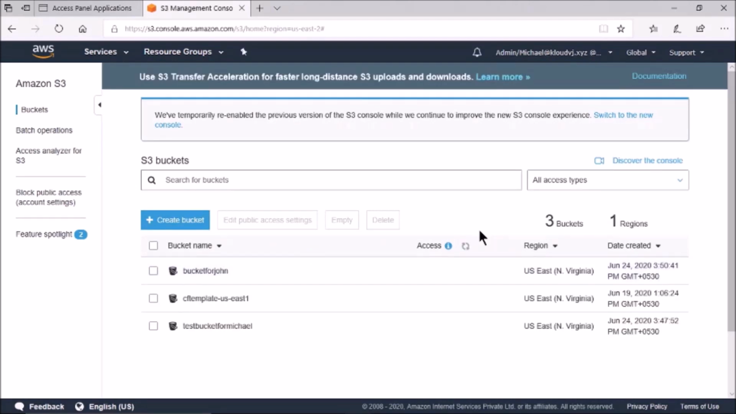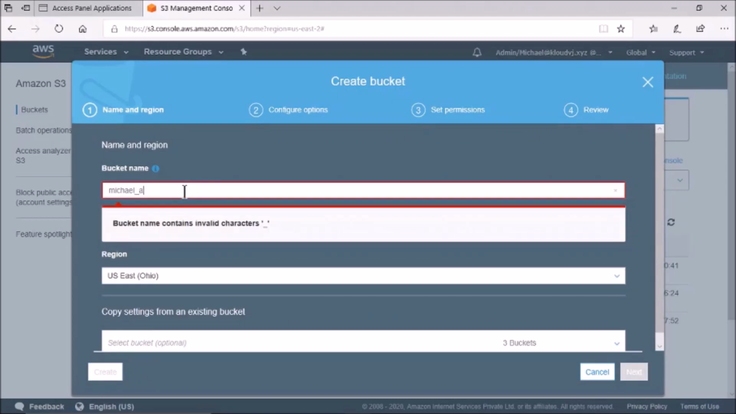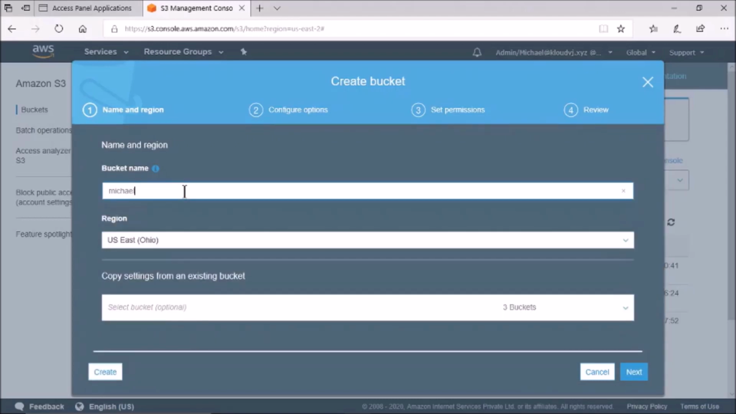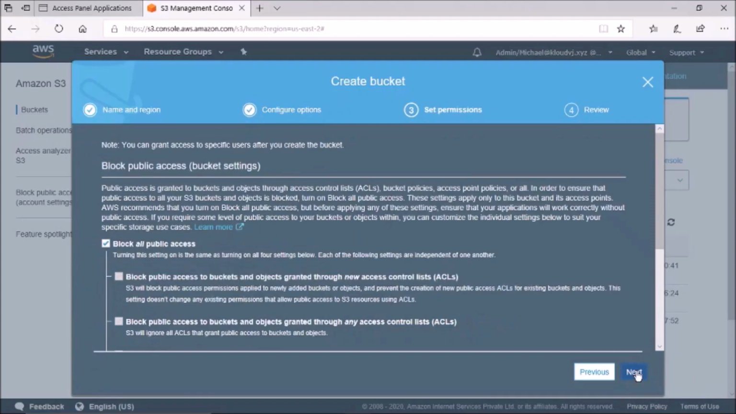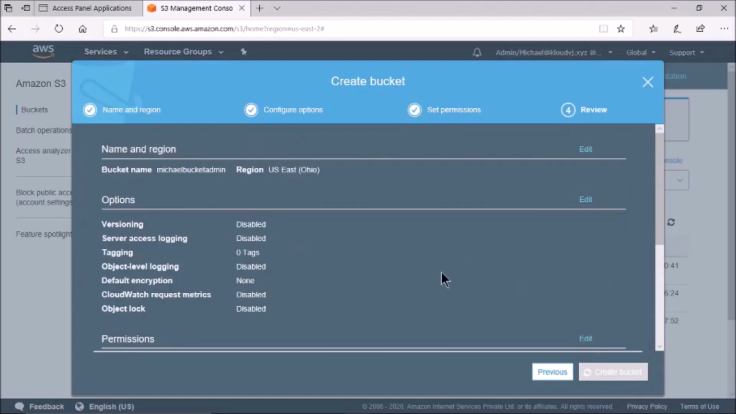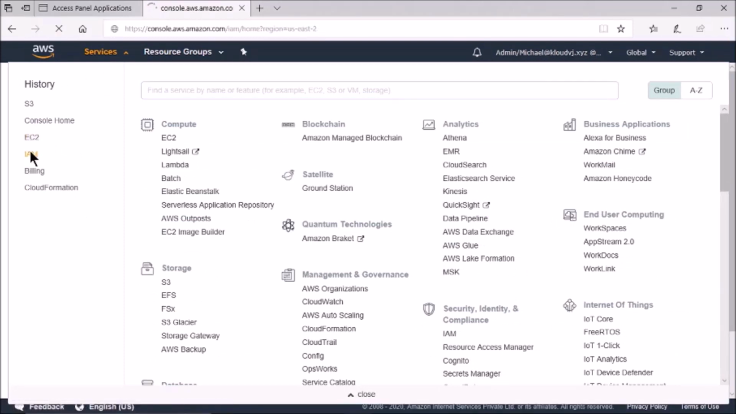There is no access denied error. Let's try to create one bucket. It will not accept underscore or a special character. So Michael is able to create the bucket, and let's see if Michael is able to access the IAM console